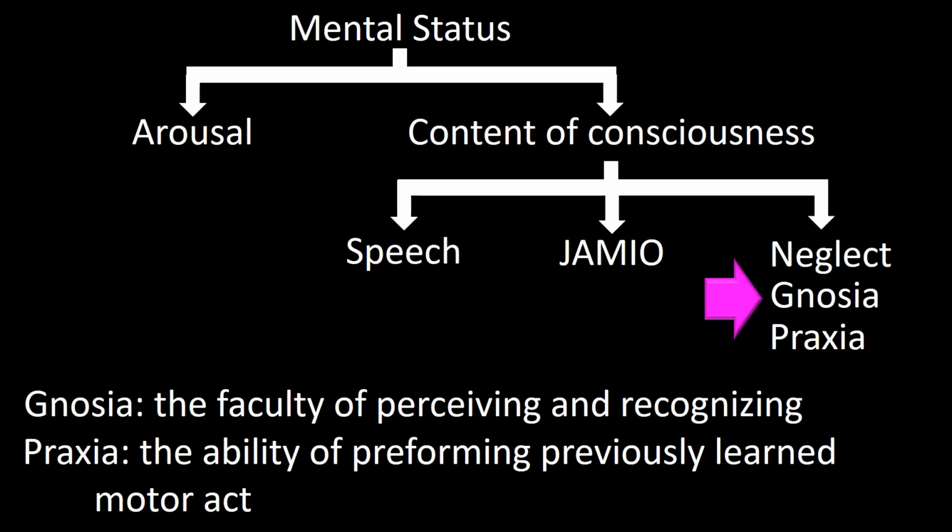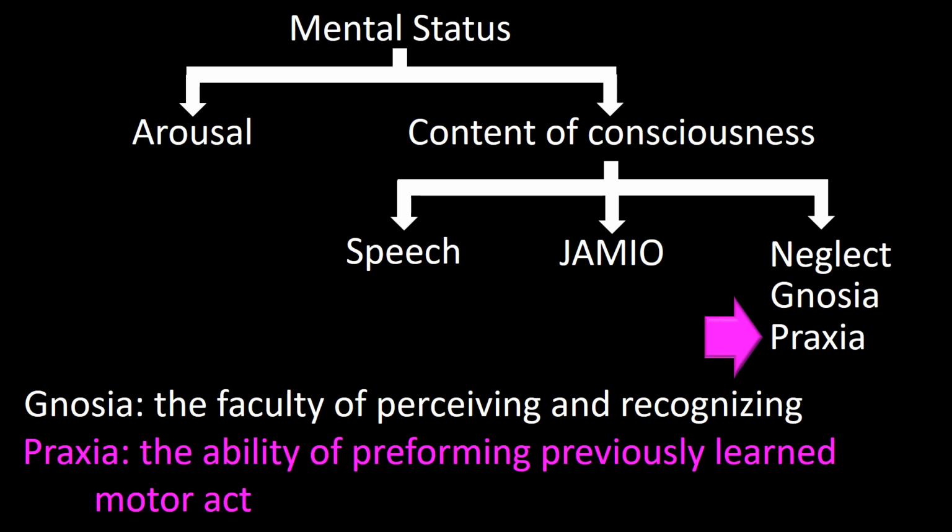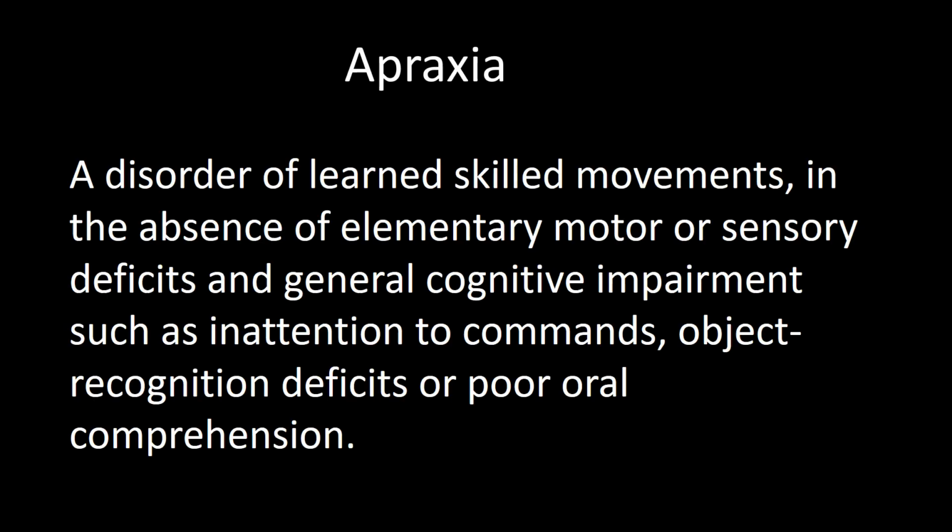So we have spoken about gnosias and agnosias, and we are now going to talk about praxia, which is the ability of performing previously learned motor activity. Praxia, as we just defined it, would include walking and talking, since both are learned motor activities. Yet, most neurologists I know define praxia as a disorder of learned skill upper limb movements and tool use, in the absence of elementary motor or sensory deficit and general cognitive impairment, such as inattention to commands, object recognition deficit,